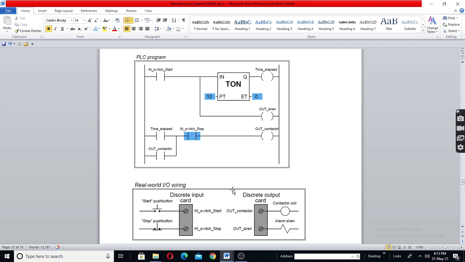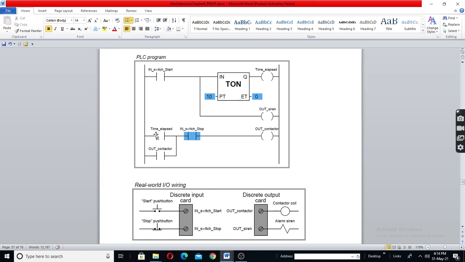In the middle you have the PLC, and you are using the timer instruction in the program. After 10 seconds this will become on. In the next rung, the PLC will read the status of this. We will explain how the output has come here in the next class.